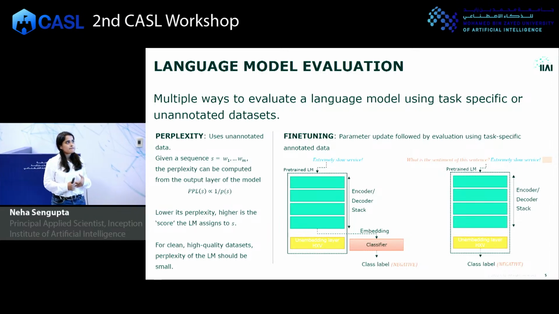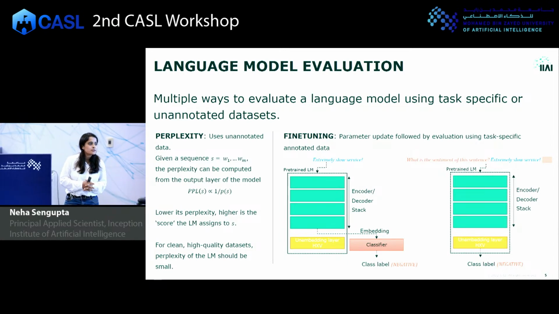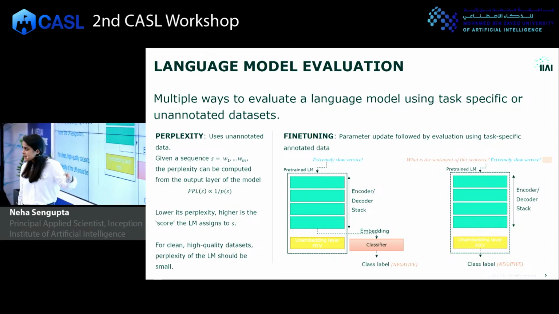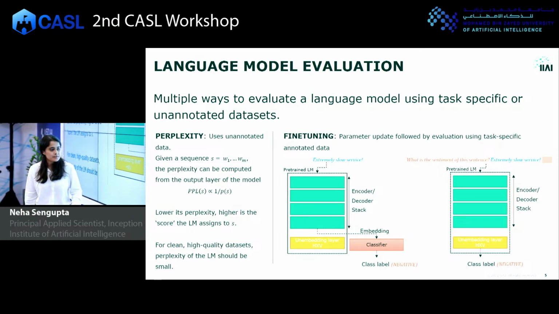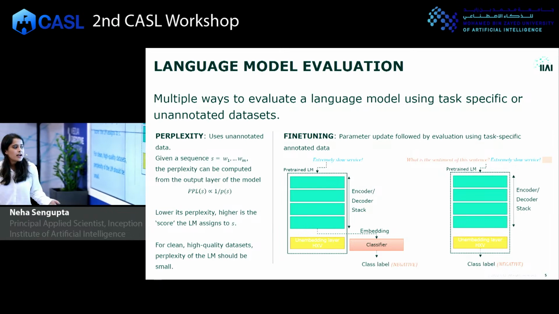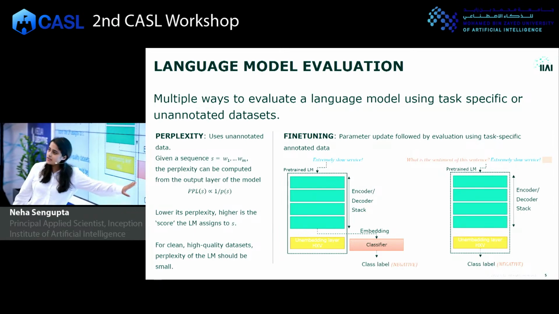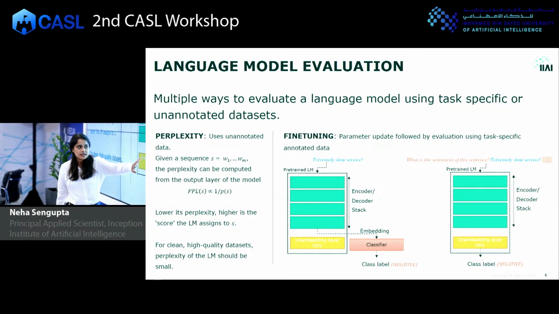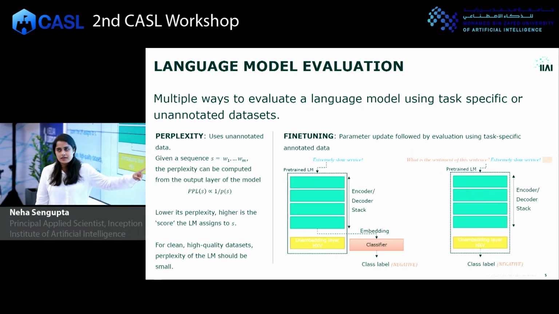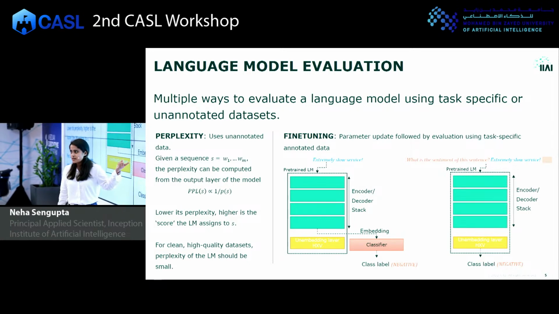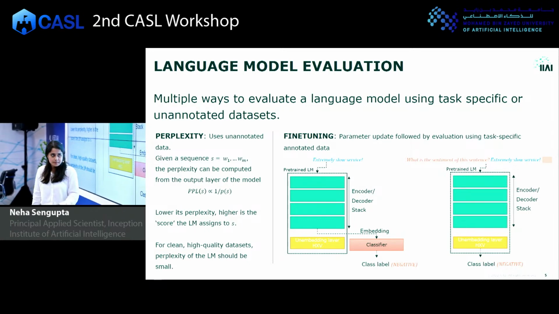And then if you have annotated data, then you could fine-tune this model, right? So there are two ways to fine-tune. Either you take off the last unembedding layer, so this is just a vector in the hidden size dimension of your model. And you train a tiny classifier, maybe a fully connected layer, and you basically train just this layer on your fine-tuning data set, and you check how well your model adapts, right? If this embedding doesn't mean anything, then this particular layer will be very hard to train. It'll be like training from scratch. But if it is a good quality embedding, then this classifier will be easy to train.